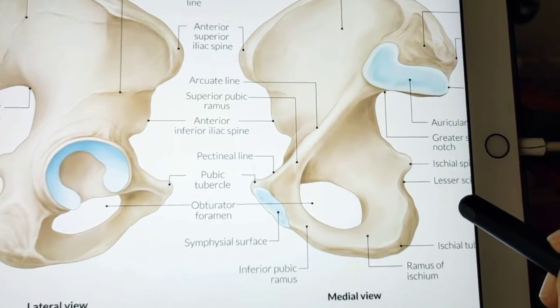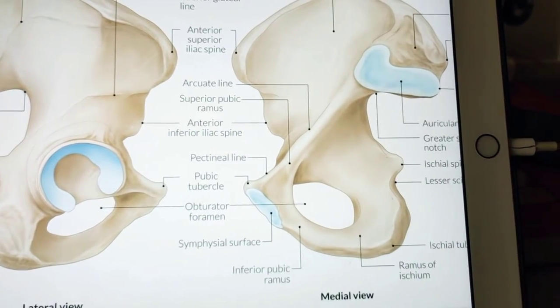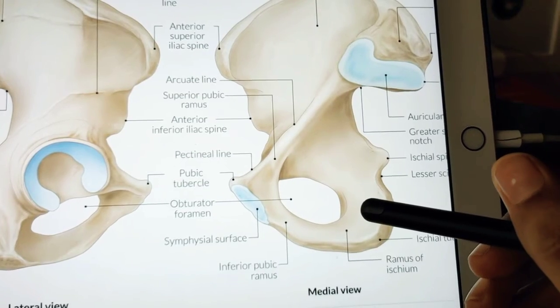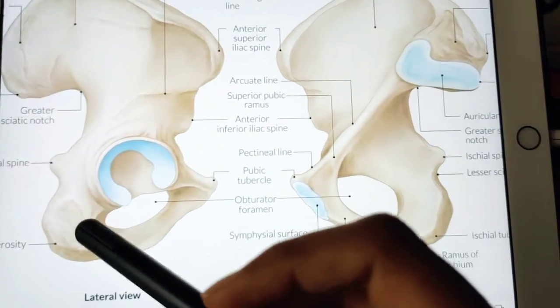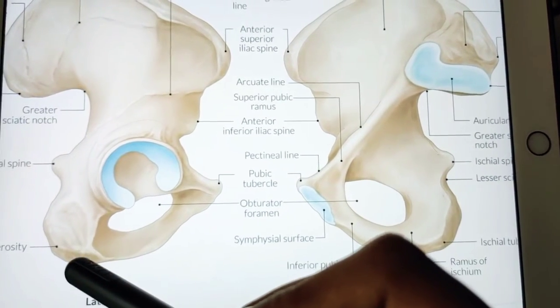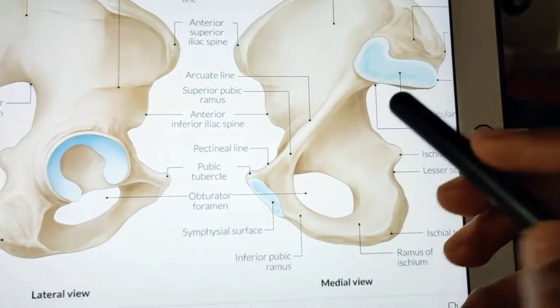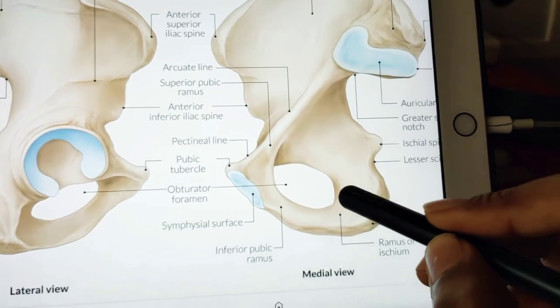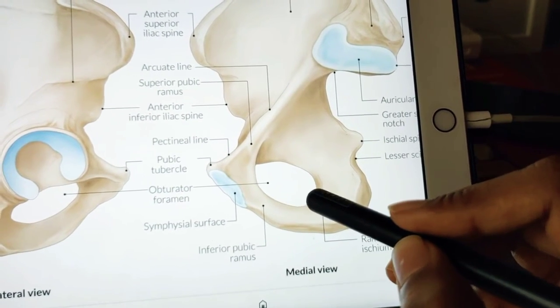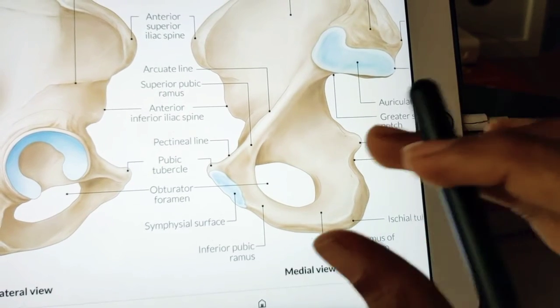These are the two ends, and it has mainly three borders. What are the three borders? It has an anterior border, which you can see right now, a posterior border on the back side, and a lateral border. This one is the lateral border. This is the medial surface. So how do we find the medial and lateral borders?